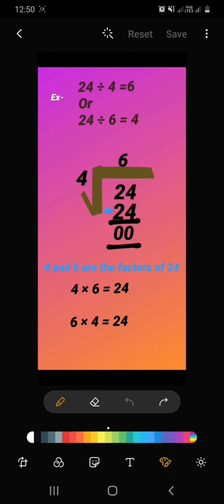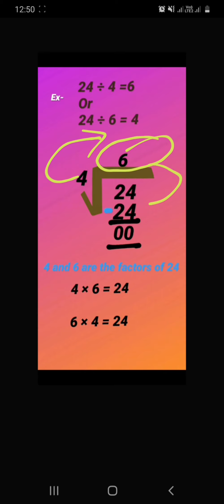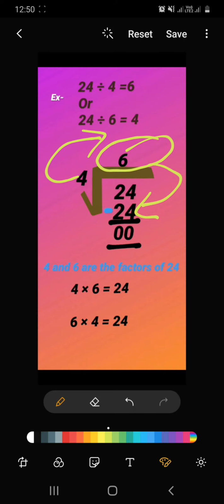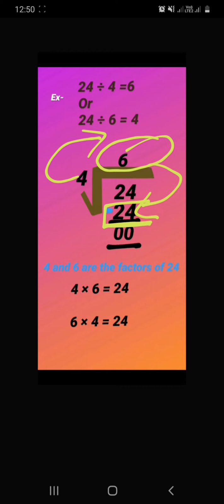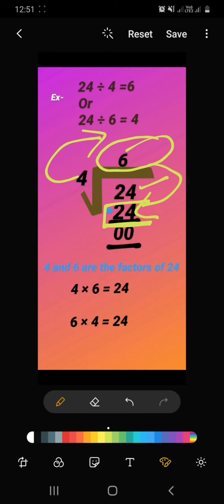4 1s are 4, 4 2s are 8, 4 3s are 12, 4 4s are 16, 4 5s are 20, 4 6 are 24, 4 7s are 28. अरे 28 तो ज़्यादा हो गया. So 4 6 are 24. यहाँ पे 6 है, so 4 6 are 24. तो 24 जो हमारा आंसर आया, क्योंकि ये 24 पहले से ही लिखा है, तो इसके नीचे हम लोग 4 6 are 24 लिखेंगे.